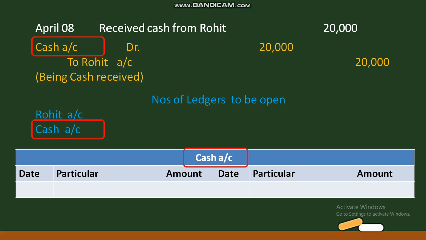Then we have to check whether cash is debited or credited. You can see cash is debited. So here we have to find out the reason why cash is debited. This transaction we have to write on the debit side of the cash account, which means your left hand side. There we have to mention the reason. It means to